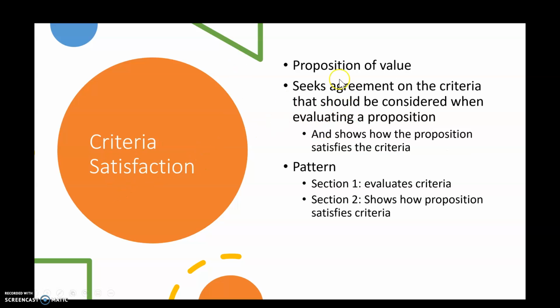Criteria satisfaction is also a proposition of value. It seeks agreement on the criteria that should be considered when evaluating a proposition and shows how the proposition satisfies that criteria. So the pattern is section 1 will evaluate the criteria, normally with several points, and then section 2 shows how the proposition satisfies the criteria. So,